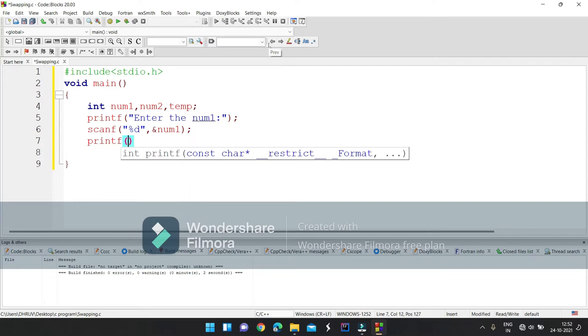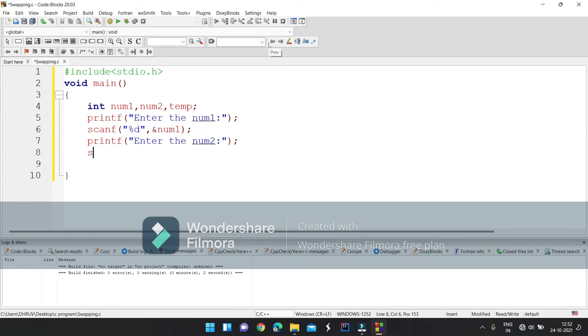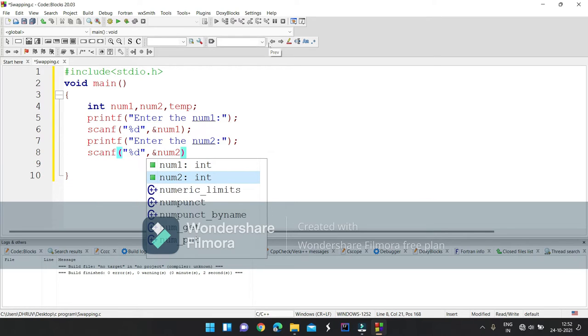Another printf function will print on console "Enter the num2", and a scanf function with %d and the address operator &num2.